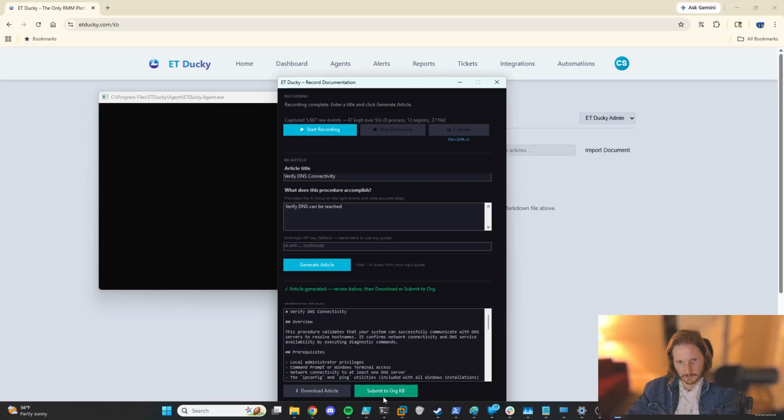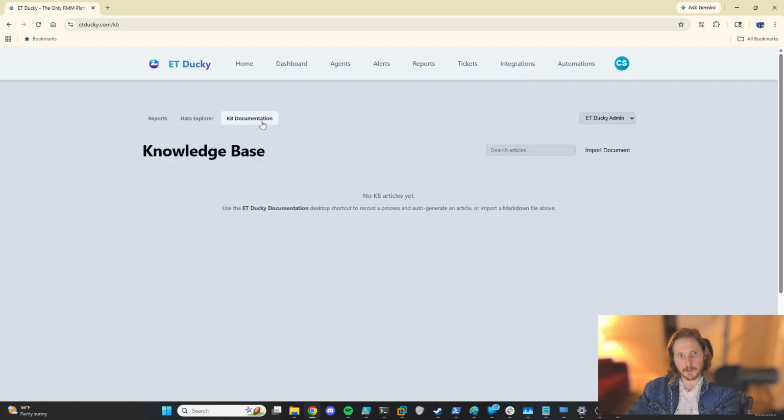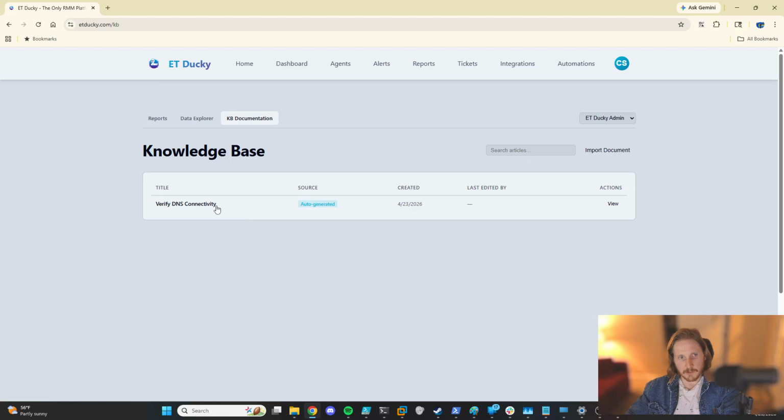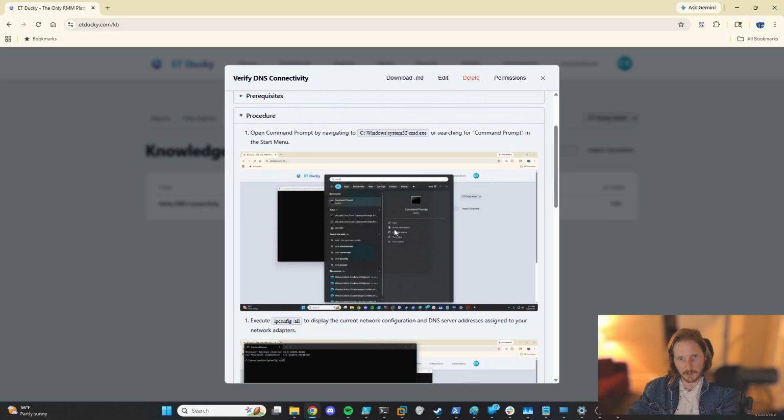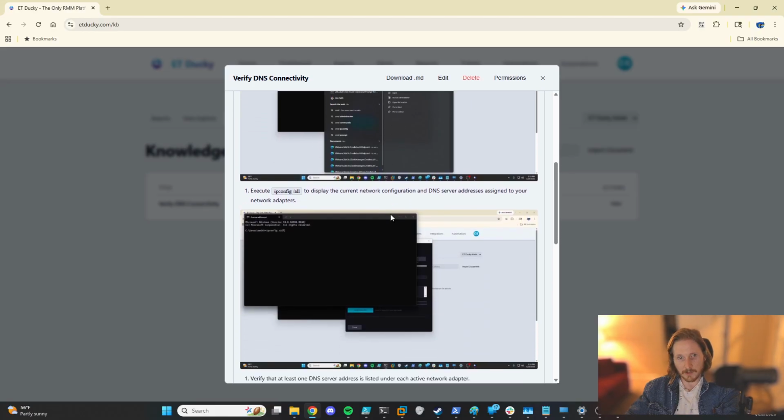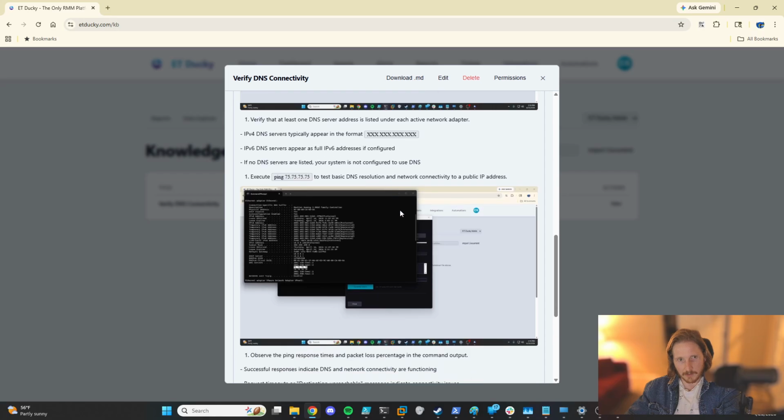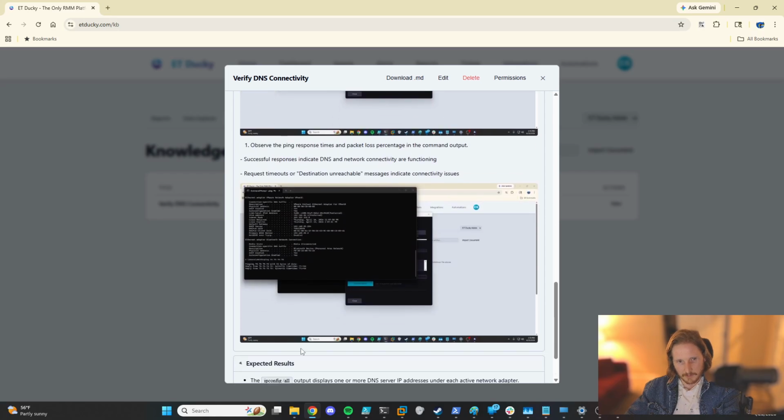Found the article. Then I submit to org.kb. So that's the knowledge base. Refresh there, and here's the article. You can view it, and it has the screenshots that you took, the steps that you've taken, and the expected